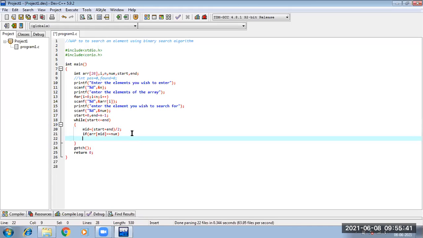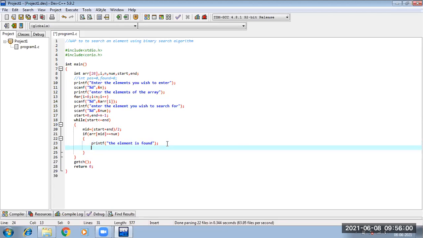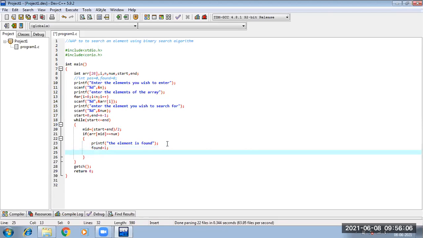One condition is if our middle location consists of our number, then I will say that the element is found. Then I will set my found status to be 1, and I will give a break statement.